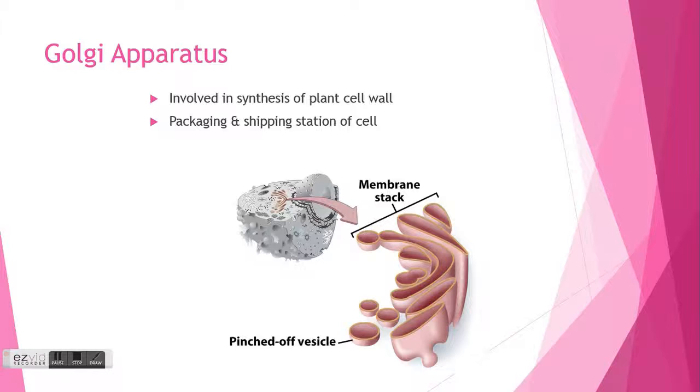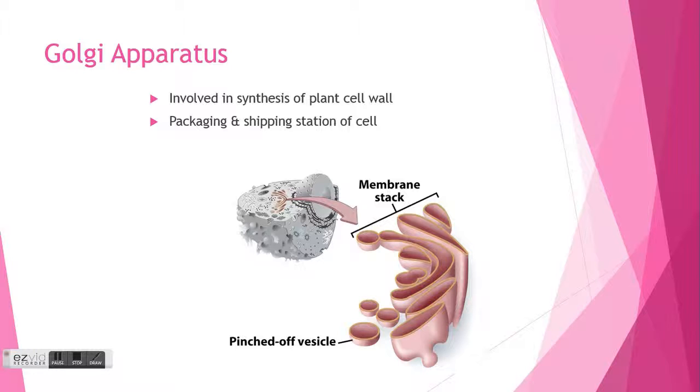The Golgi apparatus is actually a really interesting organelle, and you could also call it the Golgi body. It just depends on where you learn it. Now depending on the kind of cell, they have different jobs, and in plants they're involved in the plant cell wall creation. So they help build parts to create the cell wall. Obviously animal cells do not have cell walls,